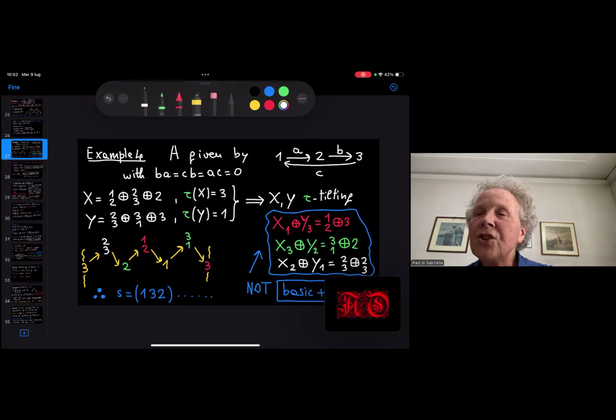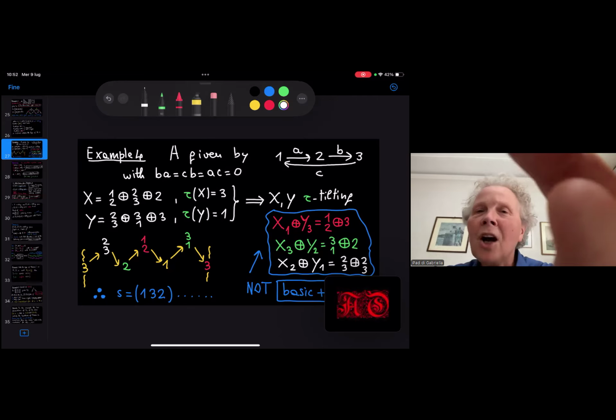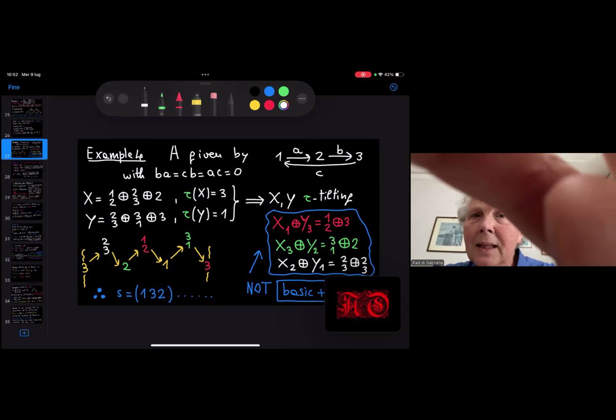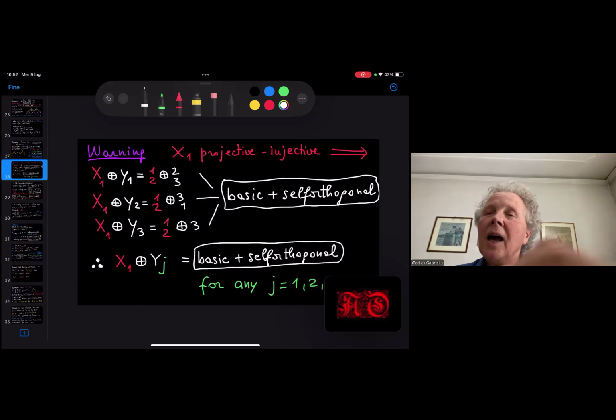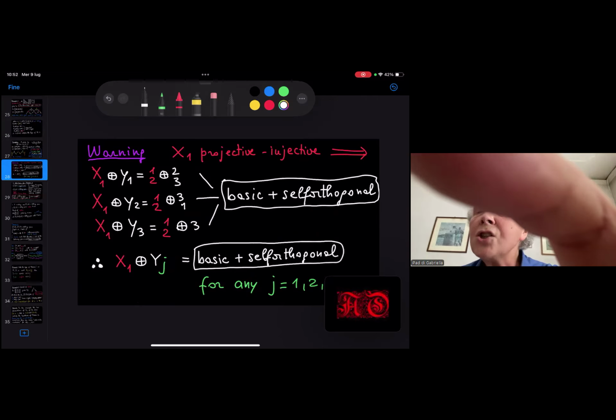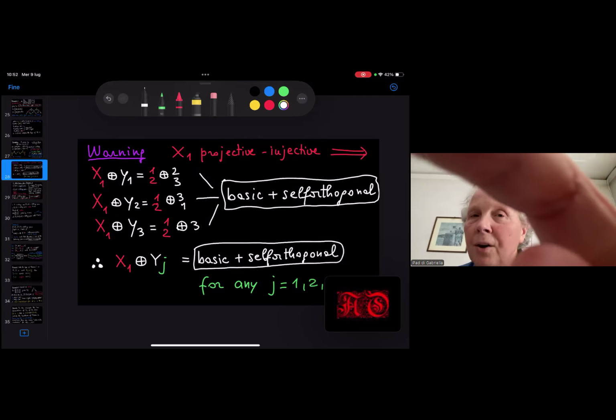And the permutation in this case is the permutation 1, 3, 2, because these direct sums are not tau-tilting. What happens is that since X1 is a projective injective module, the analog of theorem 1 does not hold for these